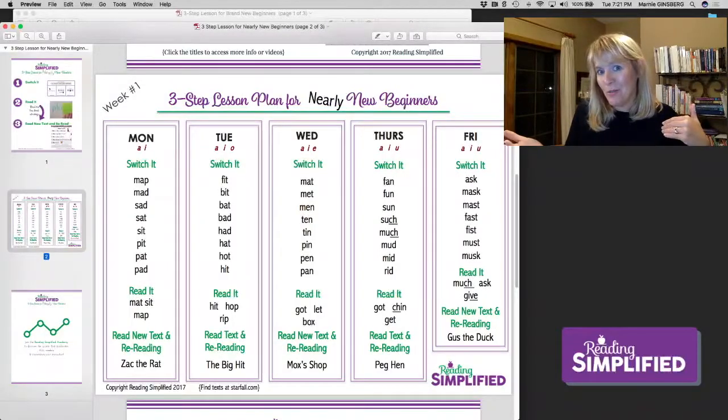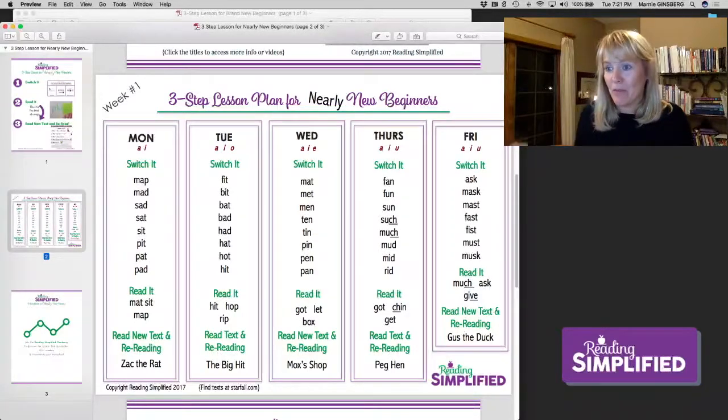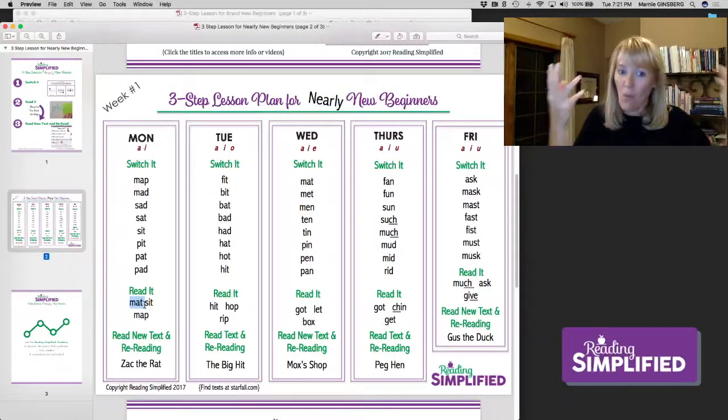So then what do you do? They're just beginners, and maybe the first word they've ever read in their whole life, with a lot of help from the teacher, is the word mat. How are they going to read a book? Well,